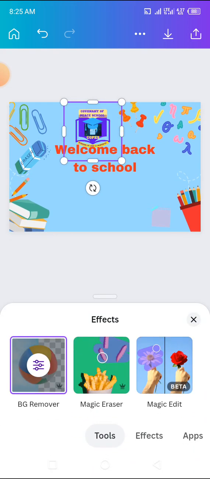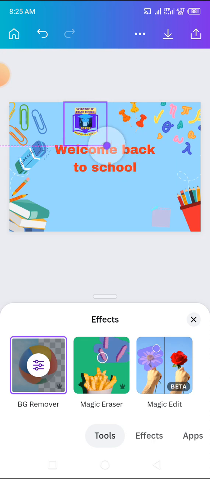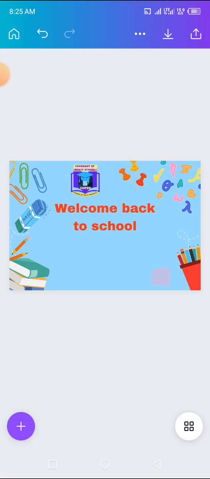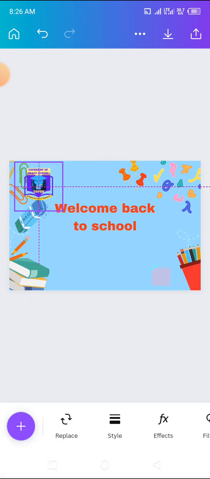Now if you need Canva Pro to make use of these things, you can please just request for the video of how to get Canva Pro for yourself. Now if I am done, if I'm okay with this,